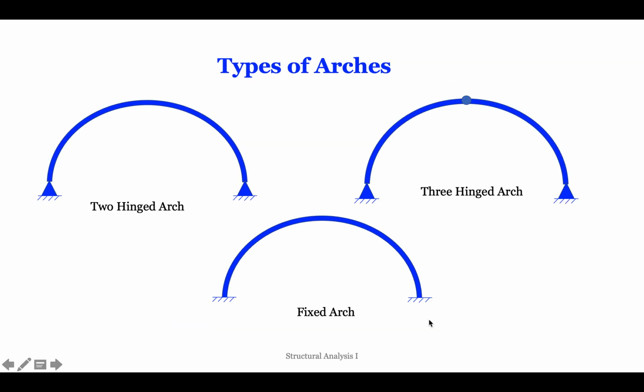Now, types of arches. There are basically 3 types of arches. The first type is the 2 hinge arch. Here we can see 1 hinge support and 1 more hinge support here. If you see the reactions, there will be 1 reaction here, 1 reaction here, 1 reaction here, 1 reaction here. So when we see our equilibrium equations, there are 4 reactions. And when there are 4 unknowns,